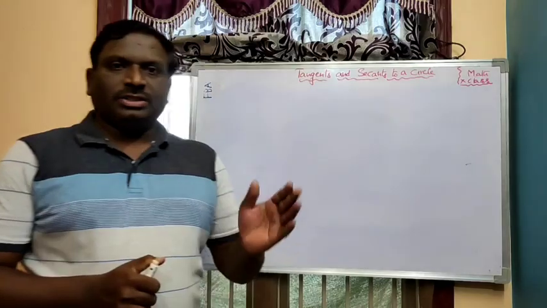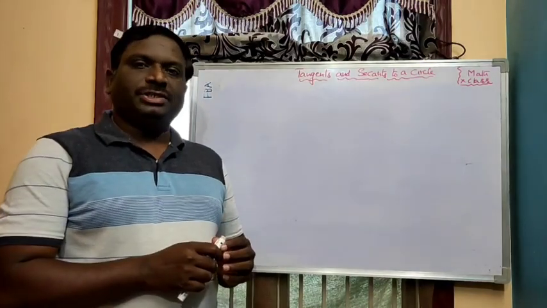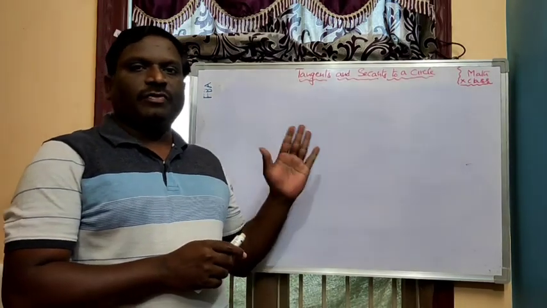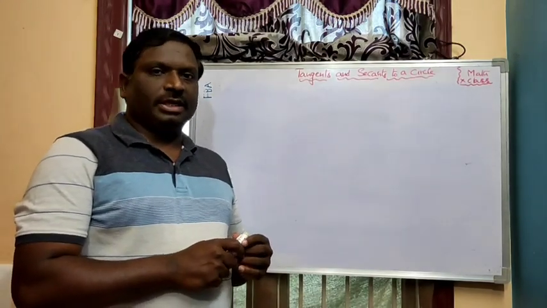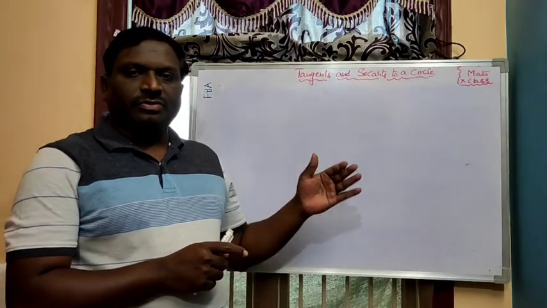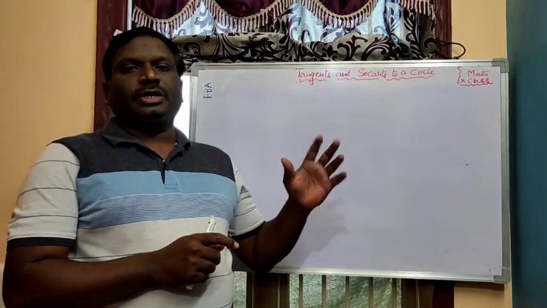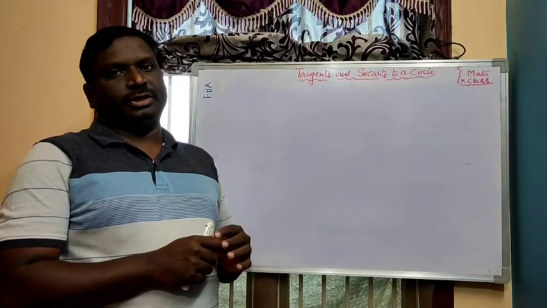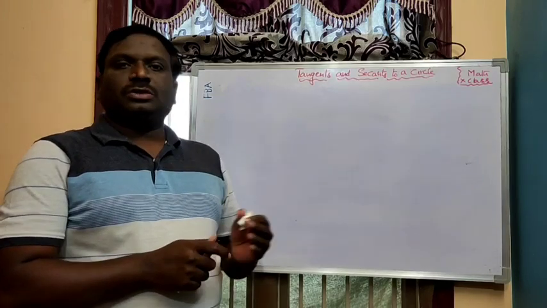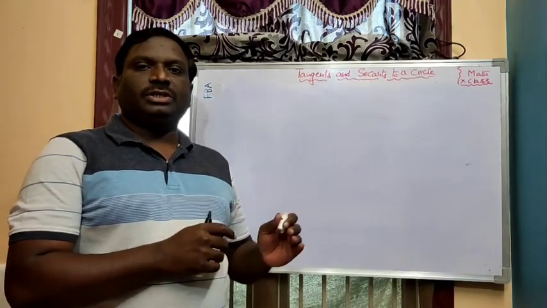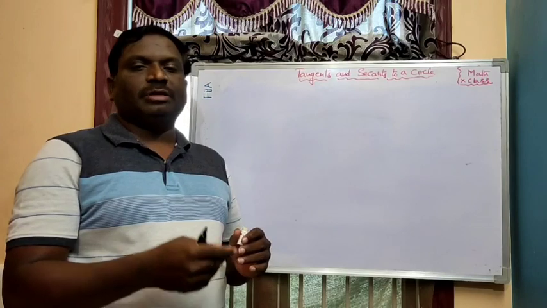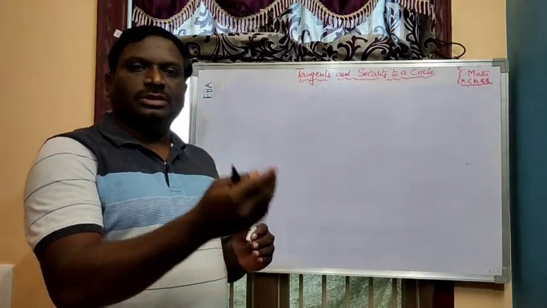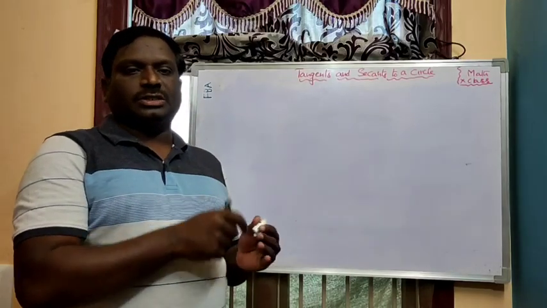Okay, in the last session we have seen how to draw the tangent to a circle, means construction of a tangent to a circle, and how to find the length of the tangent to a circle. In this session we have to learn how to draw a tangent to a circle from an external point of the circle. So first, before going to that, we have to discuss the number of tangents that can be drawn to a circle from an external point, or a point that lies interior to the circle or lies on the circle.